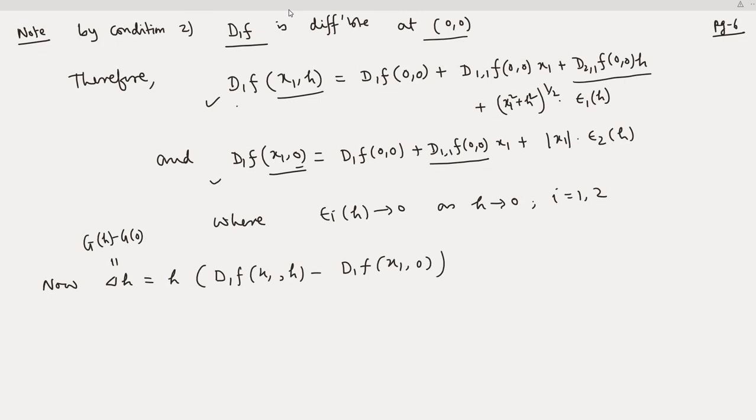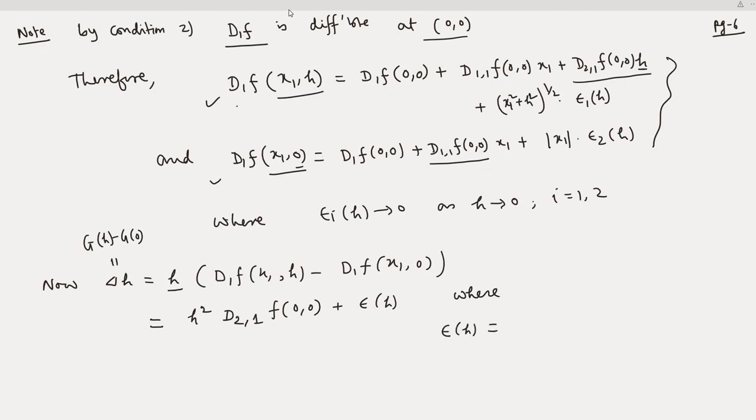So by these two equalities, we have this equal to h square d_{2,1} f at (0, 0), since we have one h and it will be multiplied with this h, plus epsilon h,